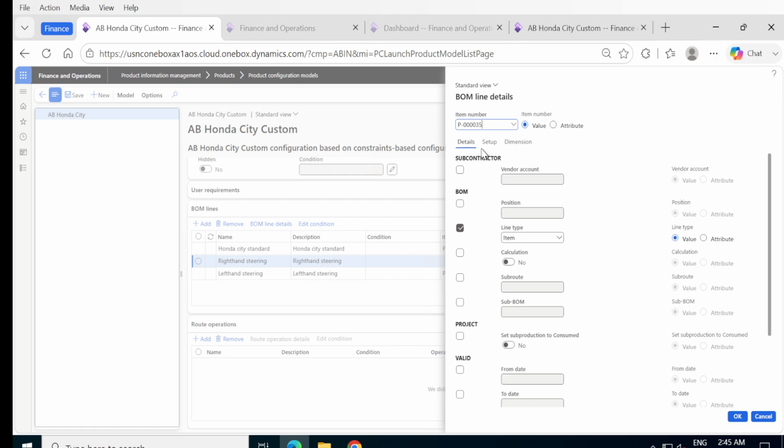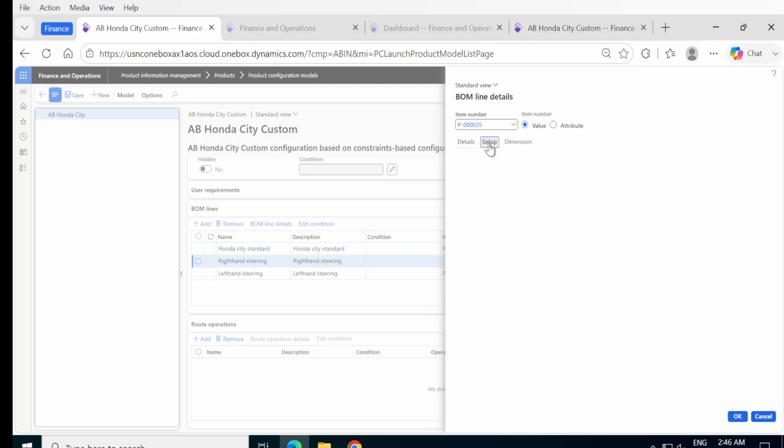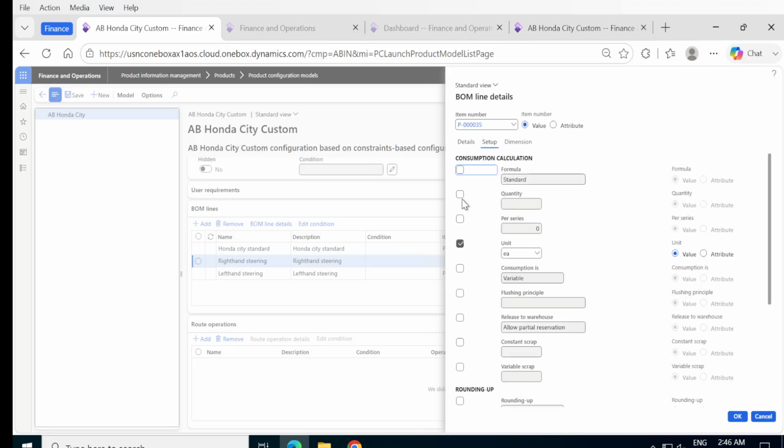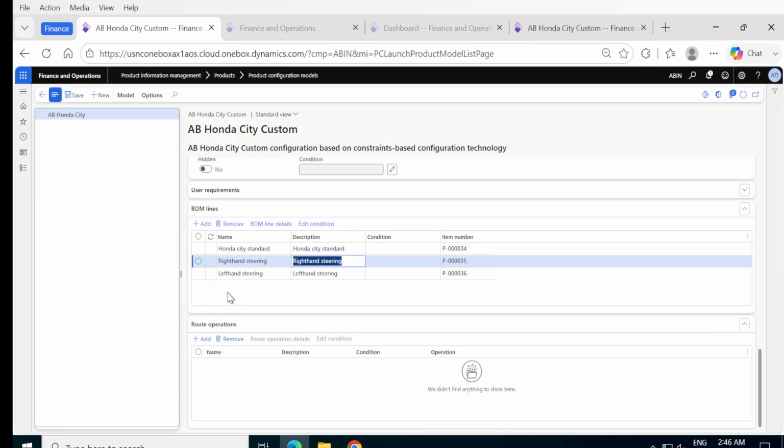This is the right hand steering, and calculation, yes, and setup, quantity as one. Yeah, okay. Next,